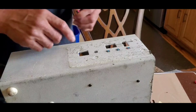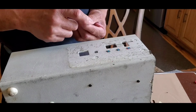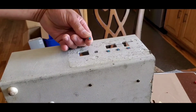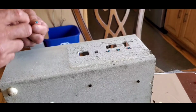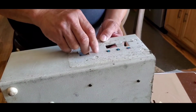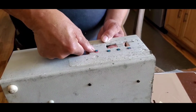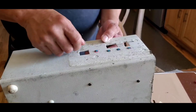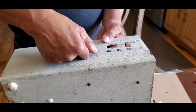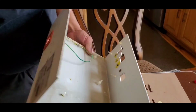As you can see, folks, I have the 3 switches mounted already. Now I'm going to finish up by mounting this 4th one. Here you can see it is the 4th switch. I'm going to insert it into the hole that I drilled. Now it's level to the panel, and the next step